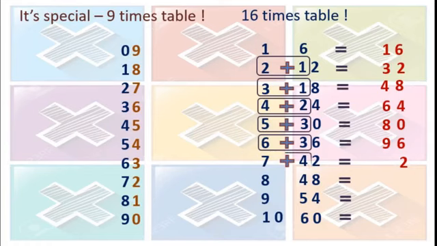Now I will add 8 plus 4. That is 12. Correct? I will write 12 here. Then 16 eights are 128. Now next one is we will write 4 here. Then 9 plus 5. What is the answer? That is 9 plus 5 is 14. That is 16 nines are 144.